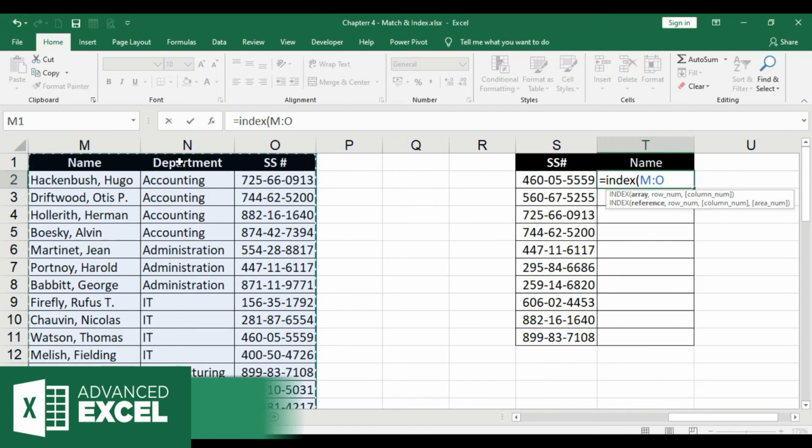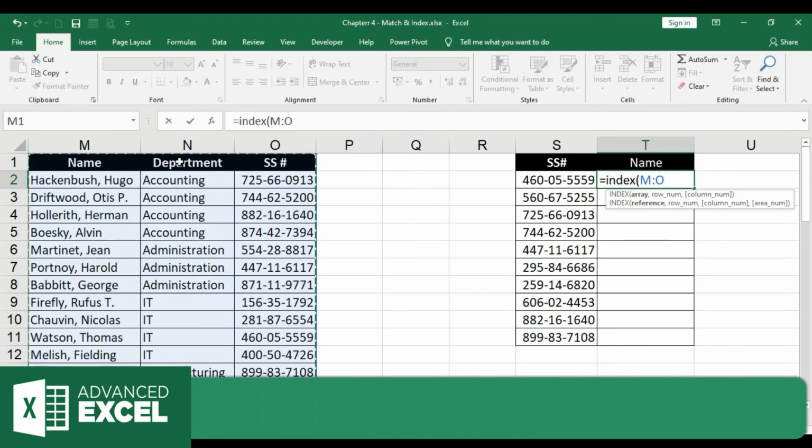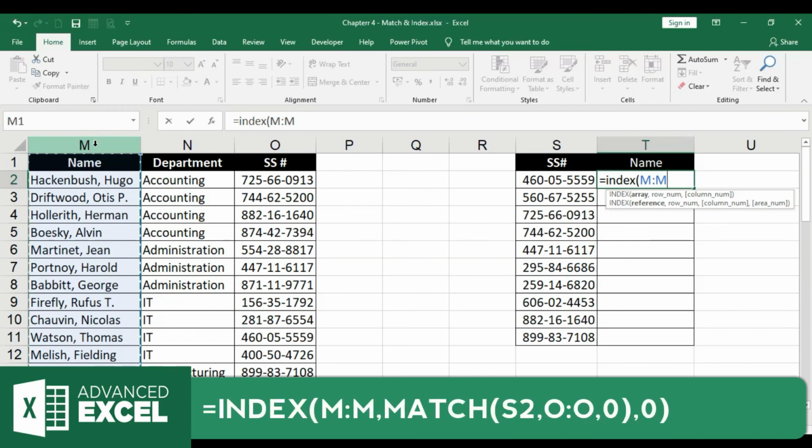Since I want to just find out the name, I can just go and select the name column over here, rather than selecting the entire data set. I'm going to try and use just the name column in this case, a comma. It is asking me for the row number now. We already know the column number is the name, so I've just selected the name column in this case, comma,